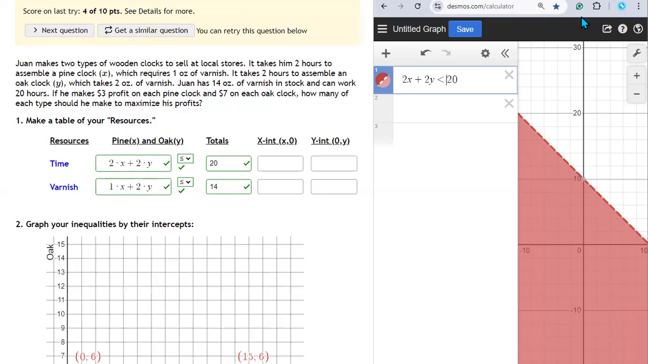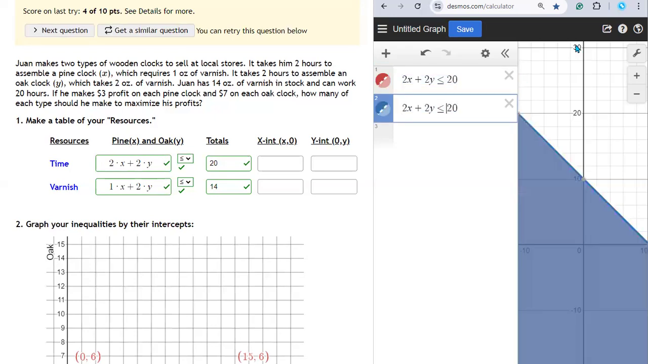Notice when it's just less than, you have a dashed line here. That means you're not including the line itself. When you type equals, you're including the line itself. Now I've got to solve that for x to get the x-intercept. The x-intercept is where y is 0. So what I'll do down here is copy this